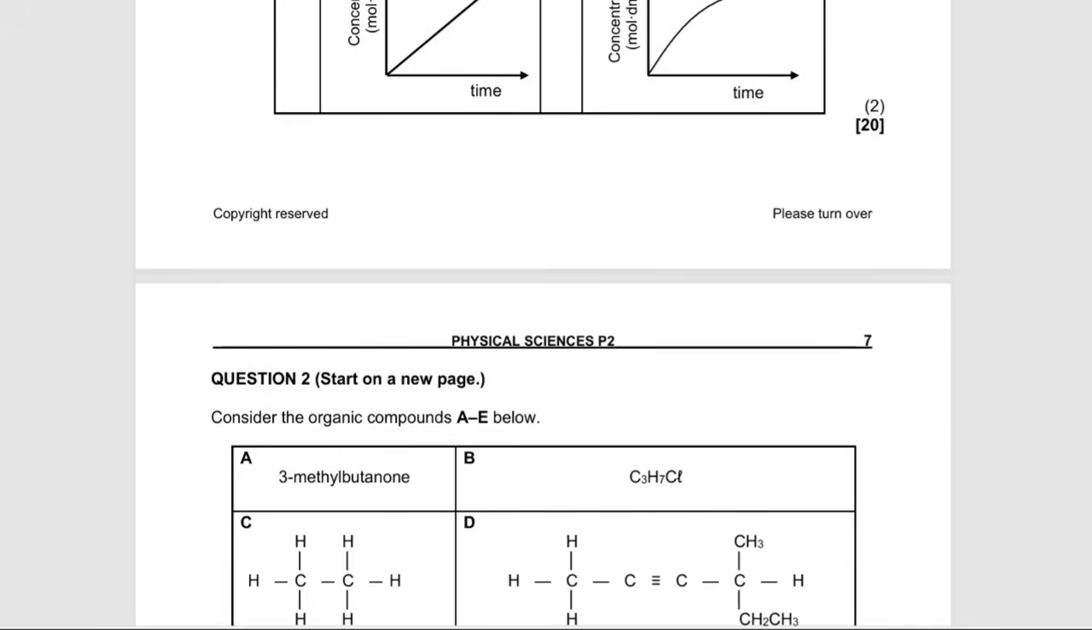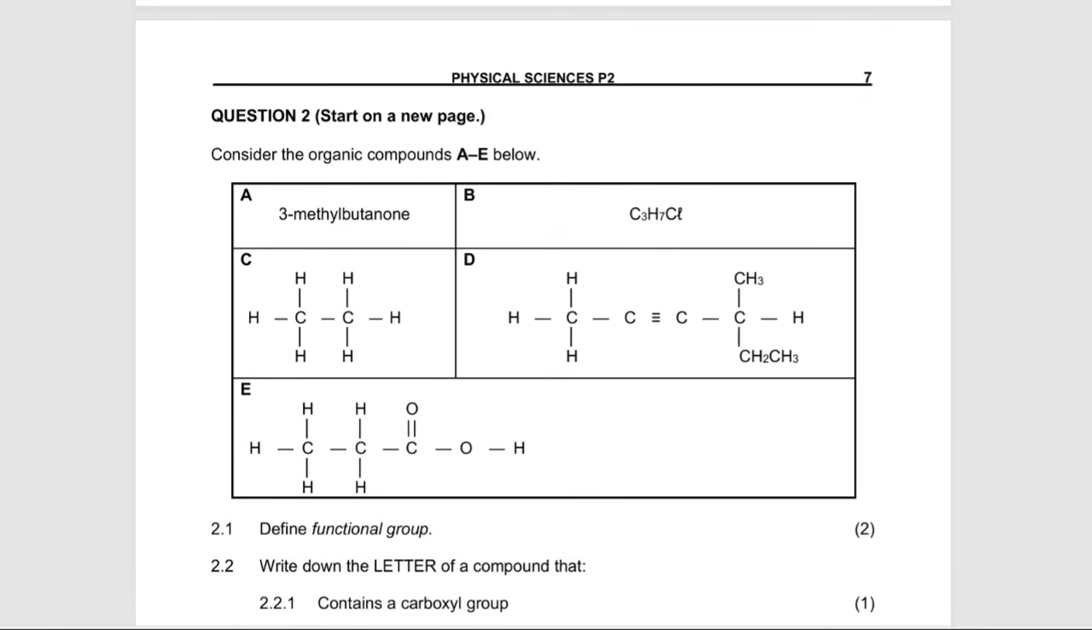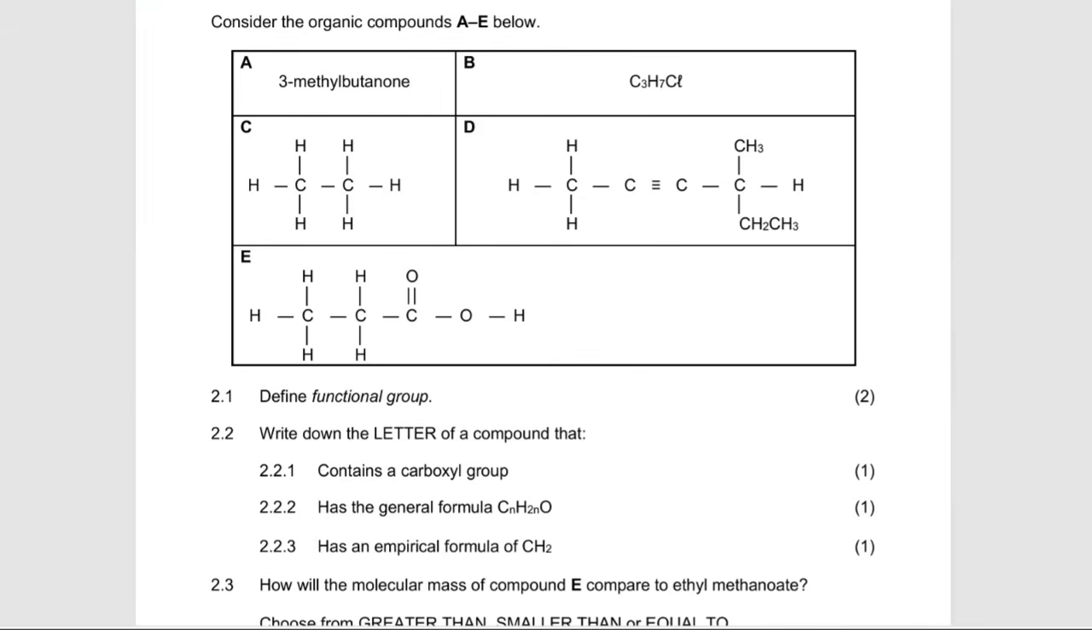Now moving on to the structured questions, we have question 2, which is: consider the organic compounds A to E below. We have A until E like that. It says define functional group. So here I'm going to say a functional group is a bond, or an atom, or